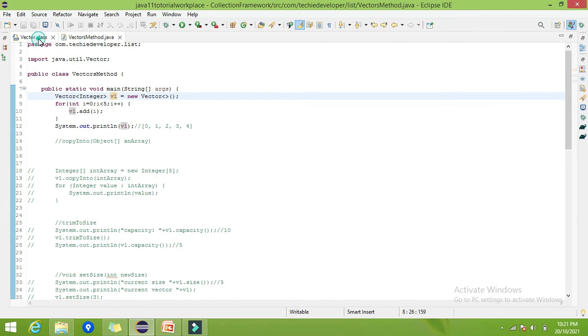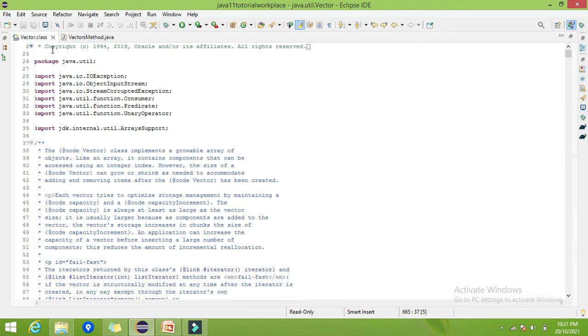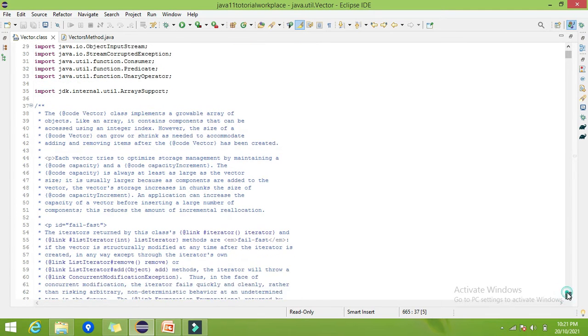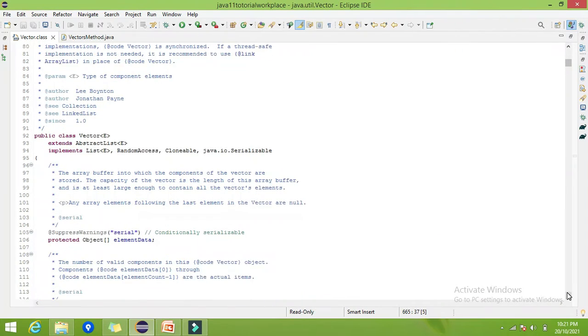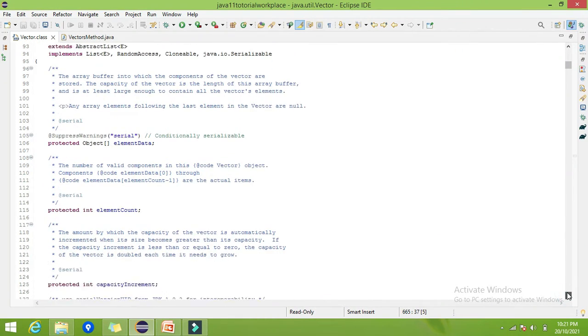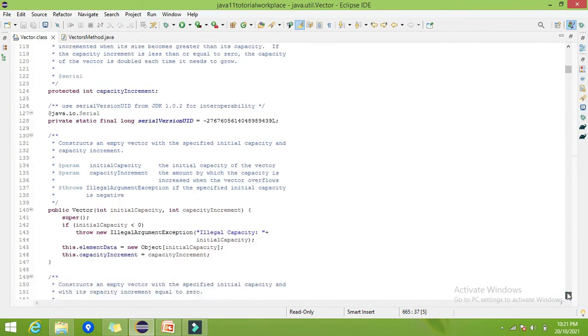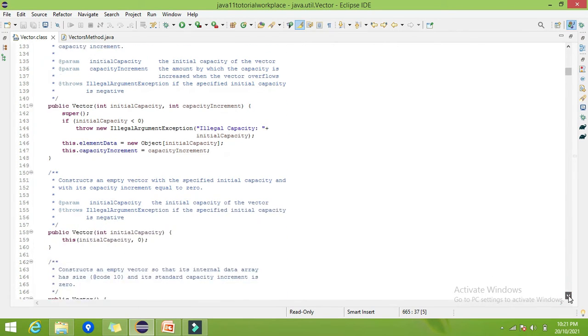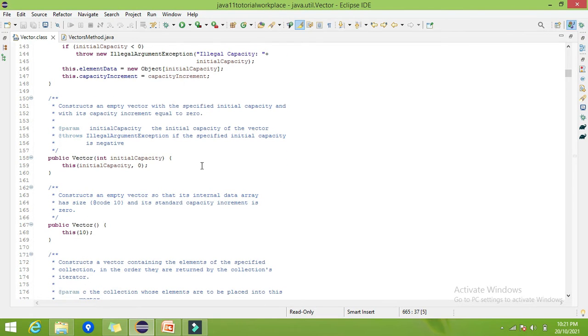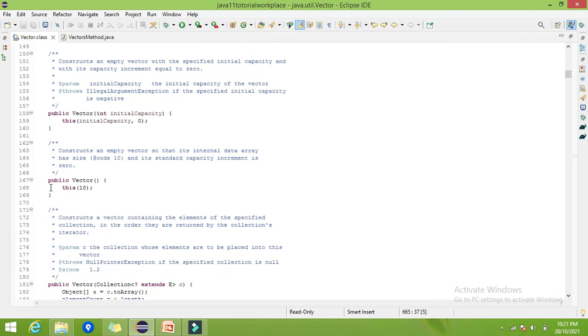Now if you look at the Vector.class file, that is the source file for the Vector class, you will find all the methods available in it. The first ones are the constructors: the vector with initial capacity and capacity increment, which we have already seen, and then the vector with the initial capacity, which we have also seen.